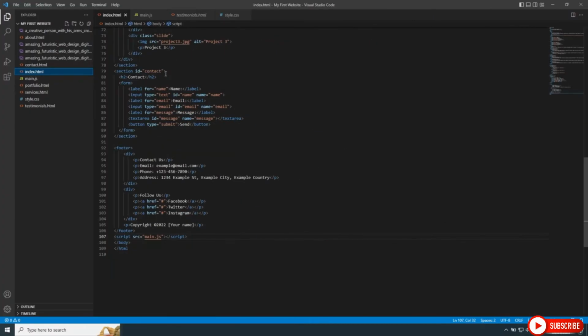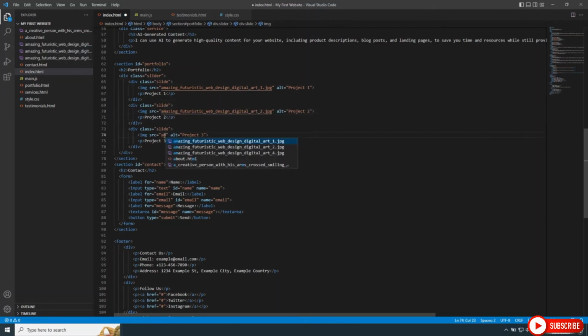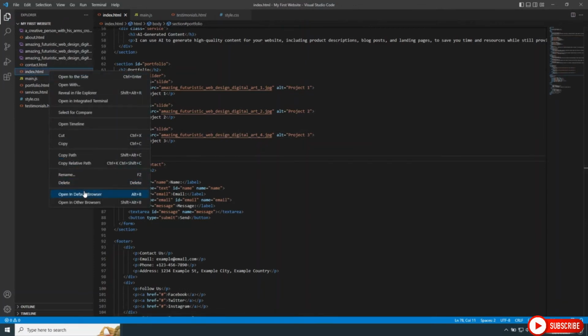Alright, so here we are back in Visual Studio, and right here in the folder you can see I added the 3 images. So now we can go to the portfolio section, which is right here, and delete this placeholder name, and we can start typing amazing and it will autofill, and we can just select the first one here and do the same for the other 2 images. And there we go. And if we now hit Ctrl S, and if we go to the preview in our browser,